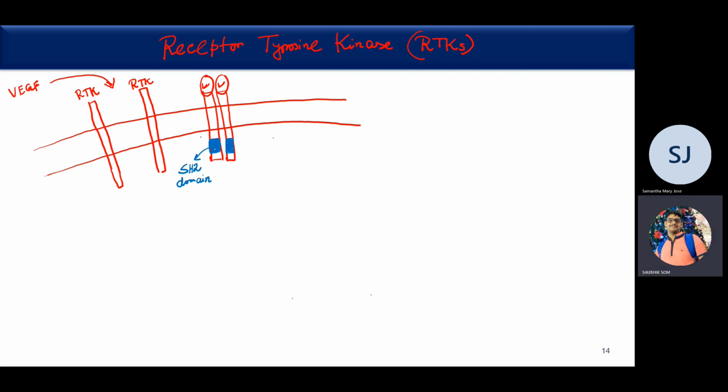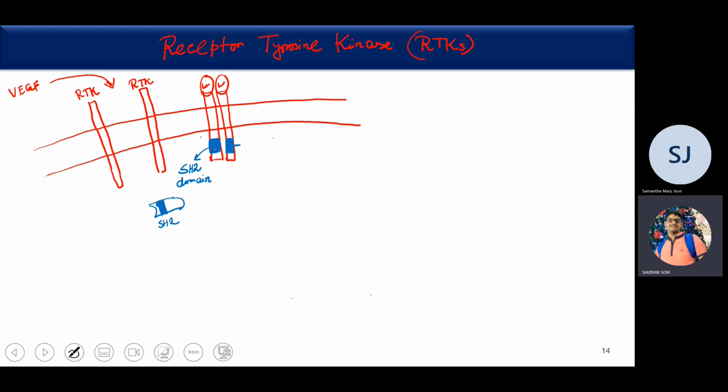Okay. So this SH2 domain, the full form is SRC homology domain. There are several proteins which also have, now there is a protein, say this is my protein, which also has a SH2 domain. Now, some tyrosine molecules